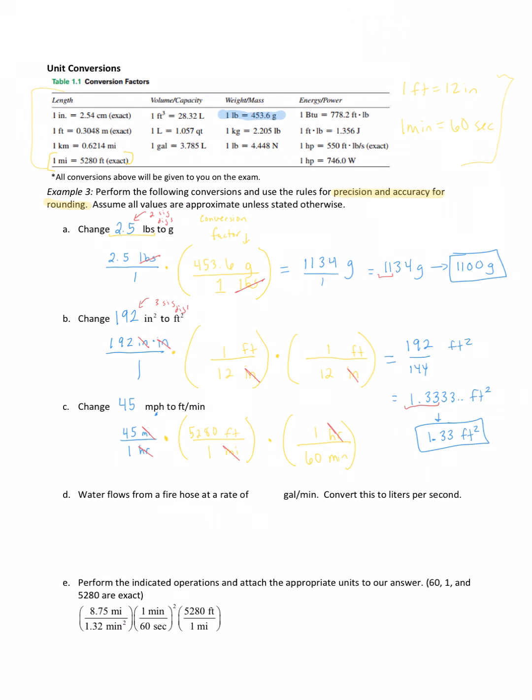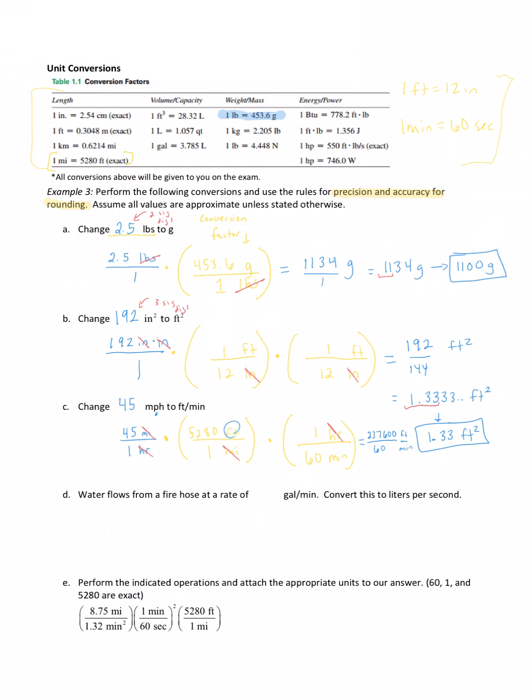Running out of room here, but we'll squeeze it in. So now we multiply across the numerator. We have to take 45 times 5,280, which, let's see if I can squeeze this in, we get 237,600, and the only unit we have here is feet. And we have to divide this by 1 times 1 times 60, which is 60, and this would be feet per